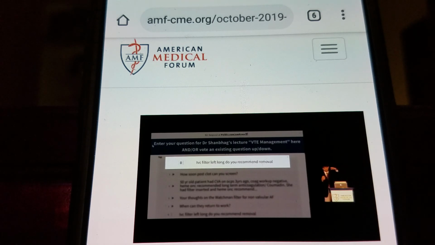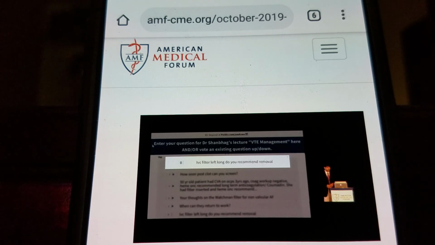See, the problem with the filter is it's kind of like an umbrella, and it's got spokes on the side. It gets stuck into the sides of the IVC, and extracting it can be really hard. Once you get beyond that 6-month mark or so, extracting it gets harder and harder. So they use lasers to cut out the arms of the IVC filter and then pull it out. They actually have a record of the longest IVC filter before it was removed. I think the record now is 1,500 or 2,000 days, but it's constantly being challenged.